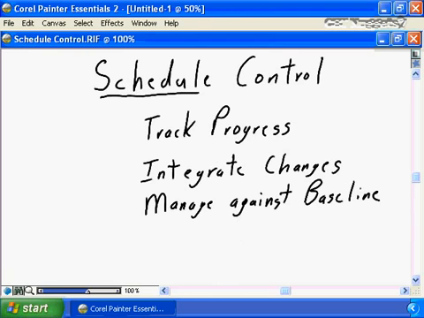Once you have an effective schedule defined for your project, the next step is to manage it, to control it, to keep it current, to keep it accurate, to keep it reflective of the current project status. The only way to do that is to effectively, diligently manage the progress on each and every task on the project. The only way to do that is to get weekly status from each team member. And on that weekly status from each team member, you want to know by task,